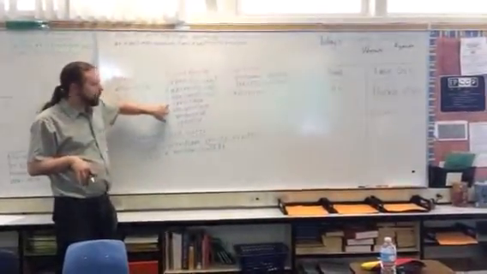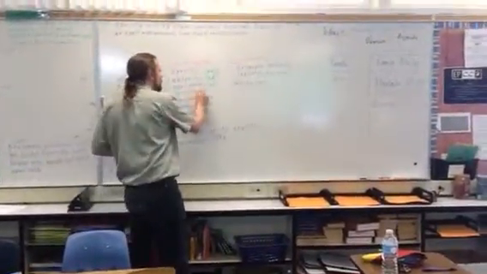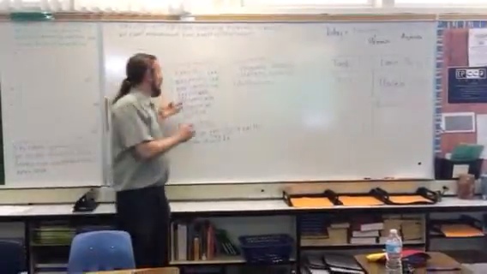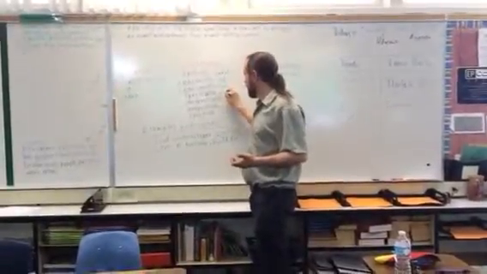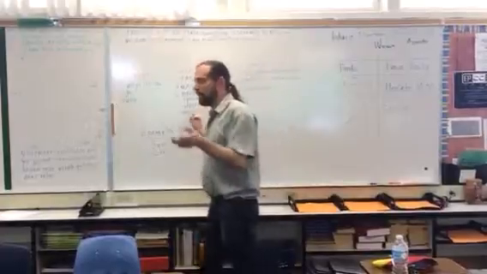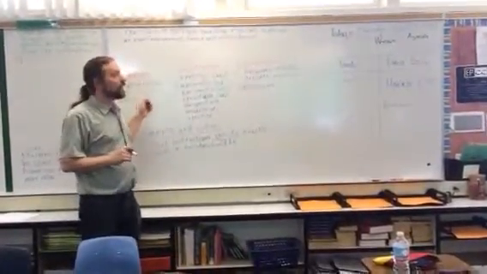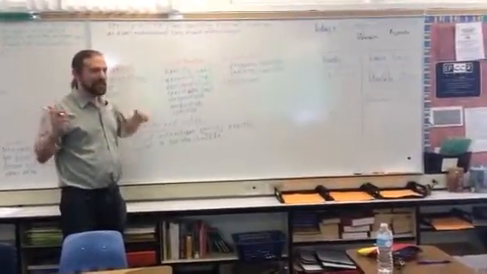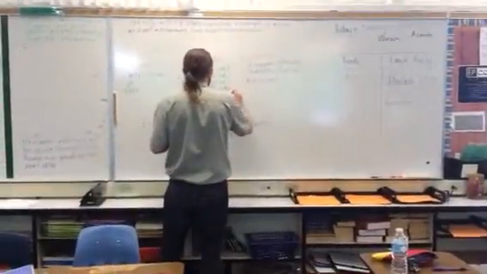How about this one? Specifiable. What's the part of speech of that? Adjective. What does it mean? What does able mean? Able to. Specifiable means able to be specified. You can specify it. So we could say, this information is specifiable. I can say it exactly. But maybe we could say, I don't know, the size of the universe might be unspecifiable. Scientists are trying to figure it out, but they can never find it for sure because it's so big. Something like that.